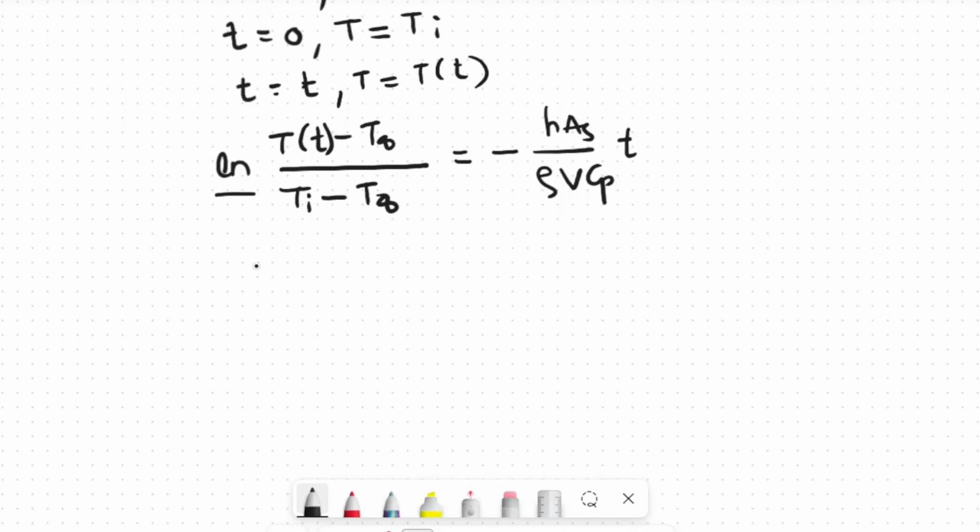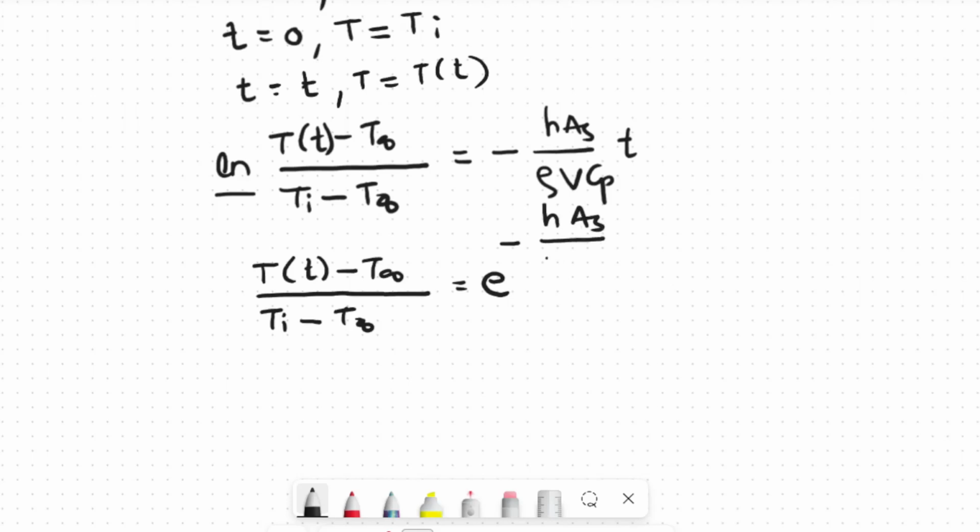So the equation becomes (temperature at time t minus temperature at infinity) upon (Ti minus T infinity) is equal to e raised to the power minus h As upon rho V Cp into t,